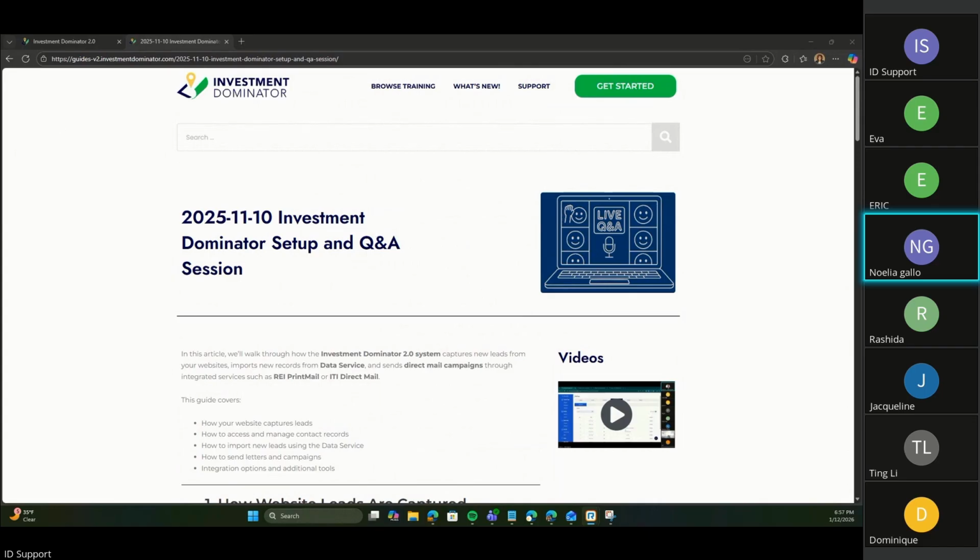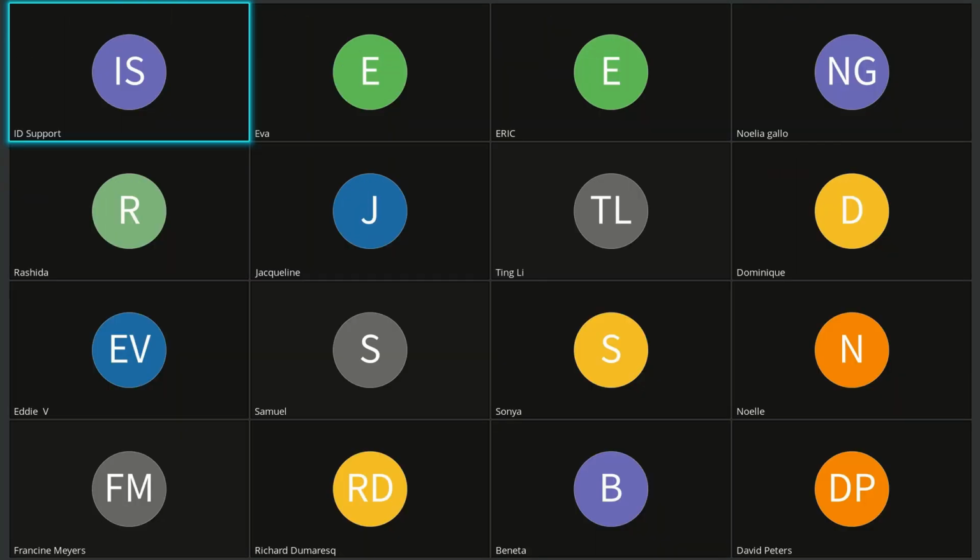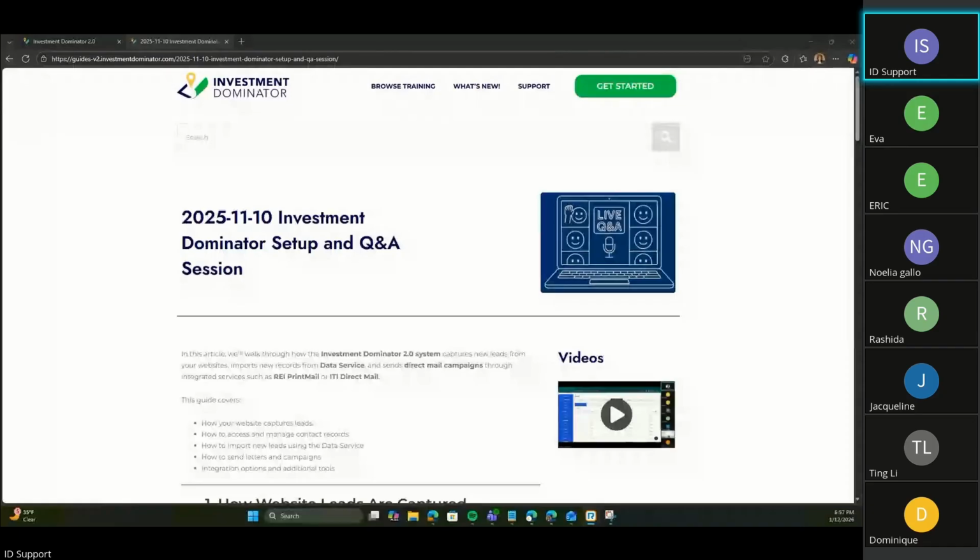If you have a domain name that you'd like to use, send us a ticket with your domains in there. Just let us know which one you would like for your buying site and which one you would like for your selling site. For those of you that don't know, those domains are free. We take care of them. They're hosted through GoDaddy, and we cover the cost for them as long as you're with Investment Dominator. Okay, awesome. So where exactly do I send the domain name to?